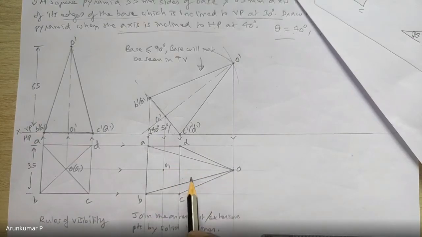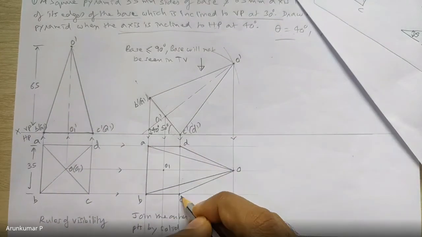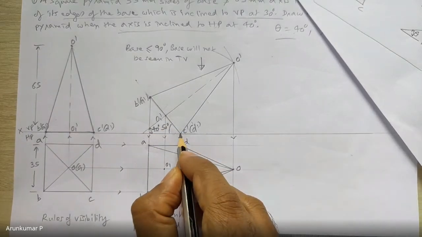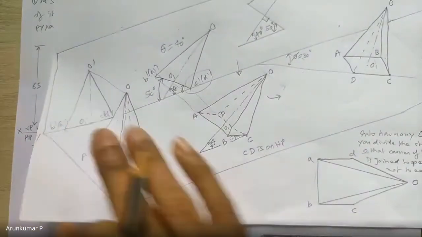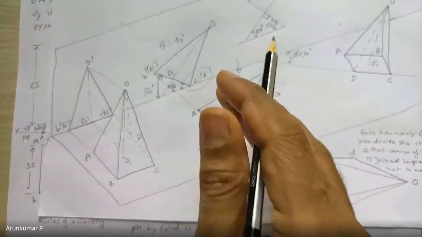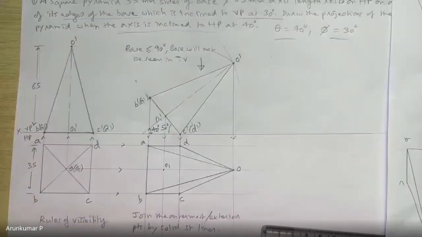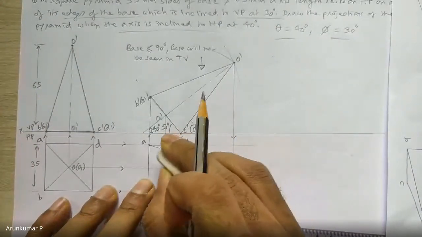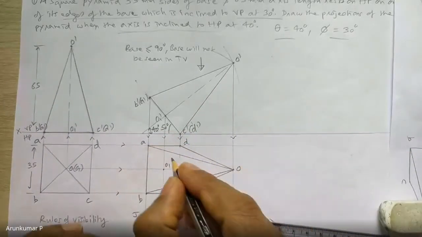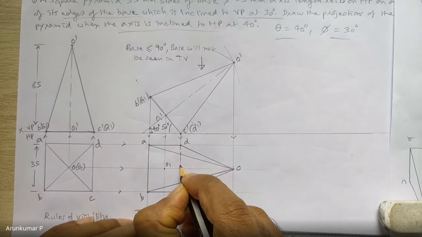Fine. Whatever is seen, whatever is visible, we are represented. What about the edges that are not visible? In this case, we have only one such edge, and that is this CD. You see this edge CD, which is the lowermost edge. In this 3D, you can make out CD is the lowermost edge, which is below 100%. You cannot see it because there are so many things on top of it. So CD has to be joined by hidden lines or dashed lines, you can say. Lines like this.